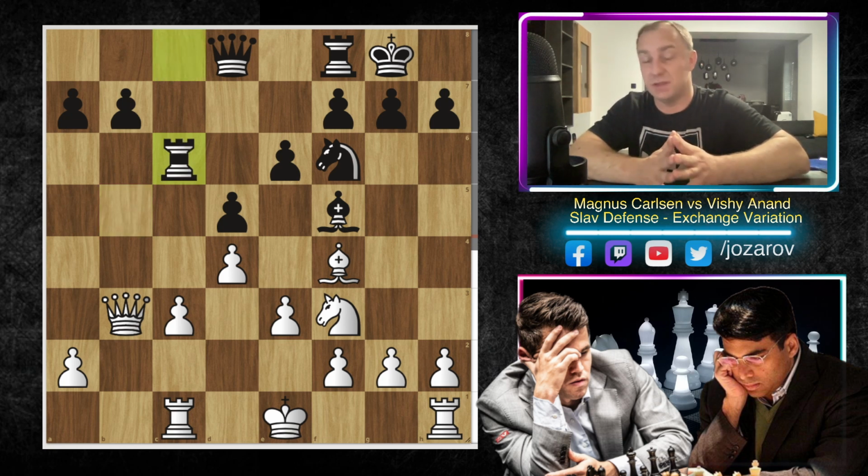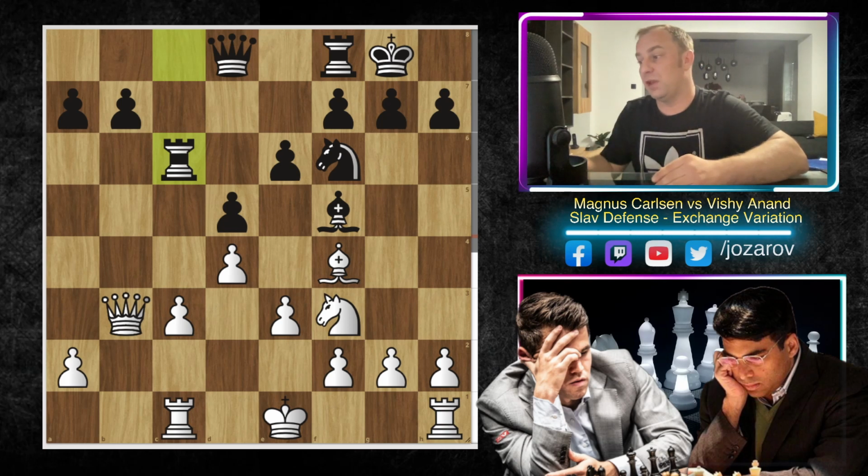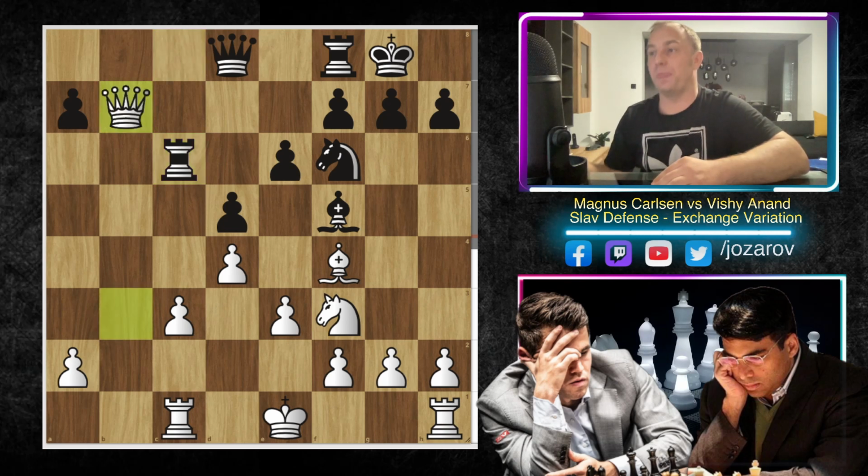He plays rook to c6. It's really better because if you take now, I think white is slightly faster here when it comes to the opening position with the move c4. So that's why Vishy Anand plays sort of a gambit line, plays rook takes c6. We have now queen to b7, but now a very nice move by Vishy.